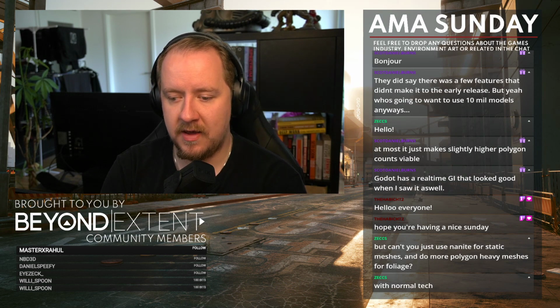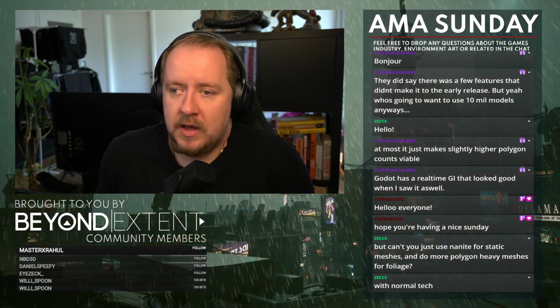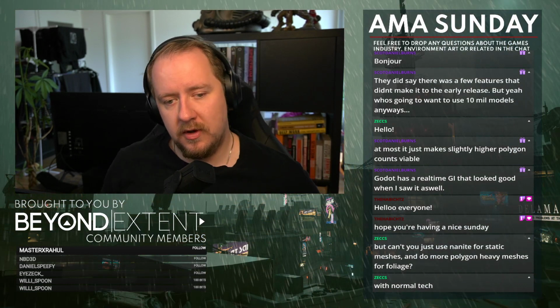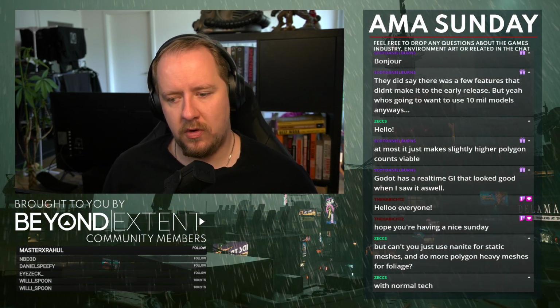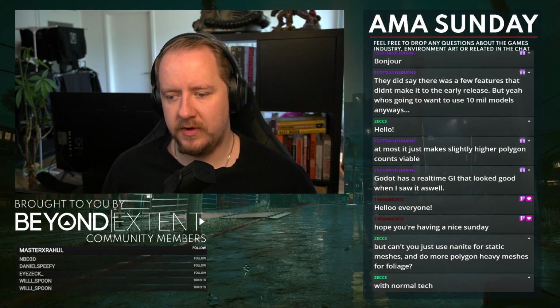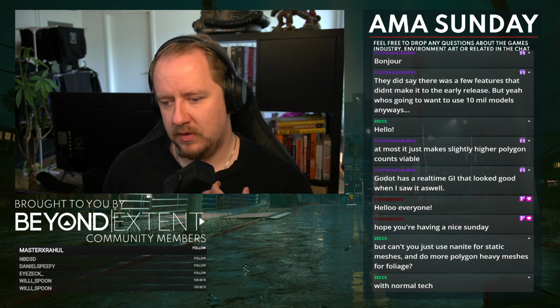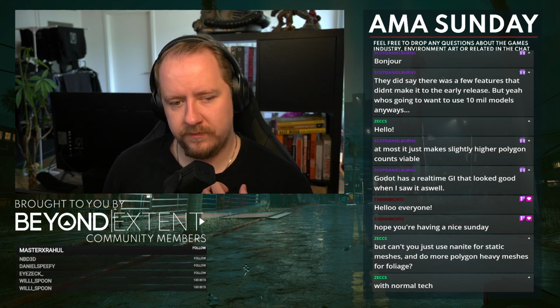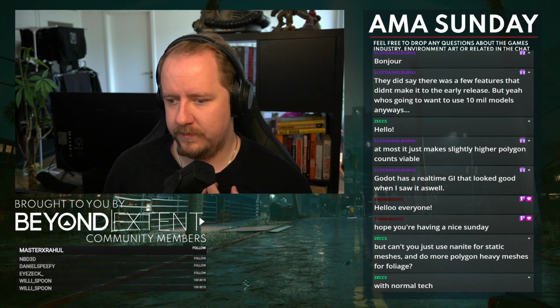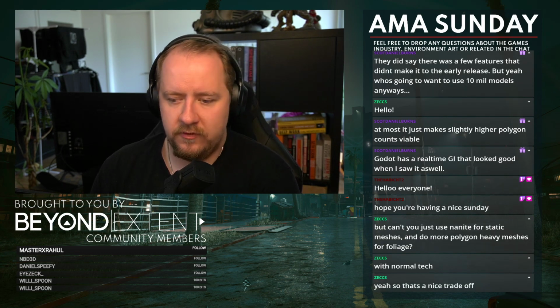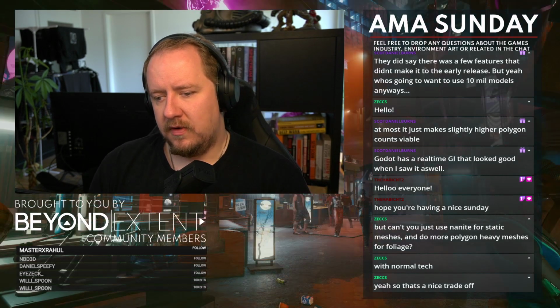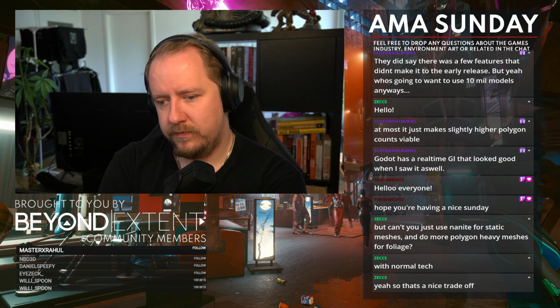If you look at the grass that is in a lot of games, like Ghost of Tsushima, for example, that is polygon based. That's no longer texture and alpha based. So that's definitely a direction that we're moving towards, yeah. But not with Nanite, though. That's a good point to bring up. I mean, it's not a trade-off, right?